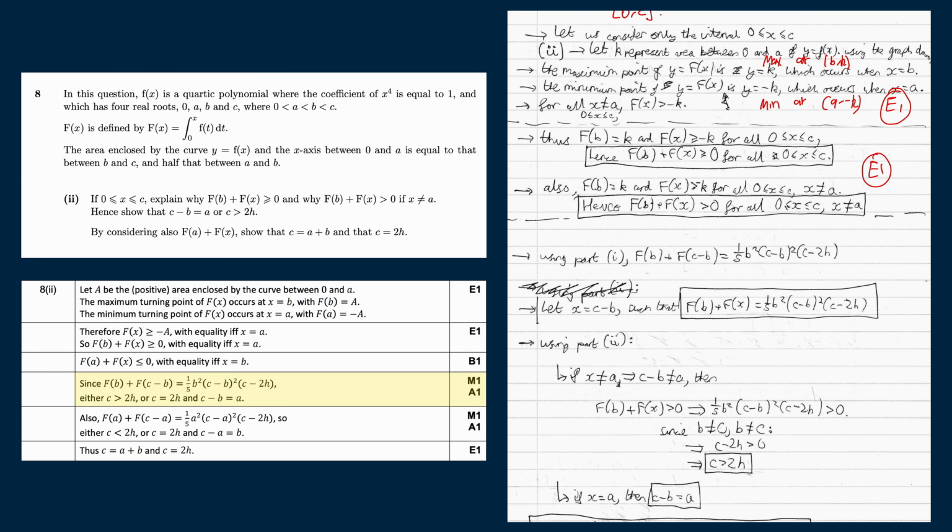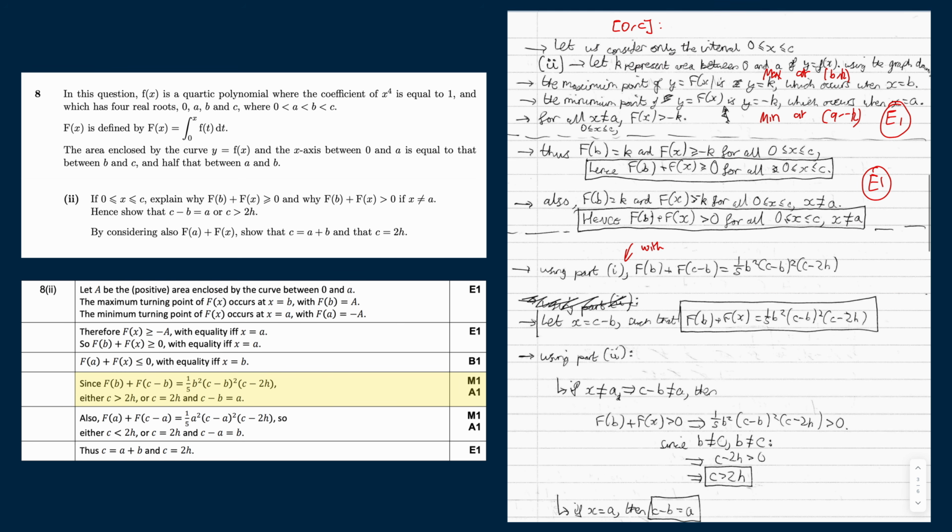The only thing I'm maybe slightly skeptical of is we could have been more precise about how we're using part I. So we could have said using part I with, because part I was for f of x plus f of c minus x, so we're using part I with the choice x equals c. And then when the student subsequently says using x equals c minus b, they're not talking about the x in part I, but they're using this in the last part. In other words, in this result. So it would have been nice to be slightly more precise about which results are being used and how, but